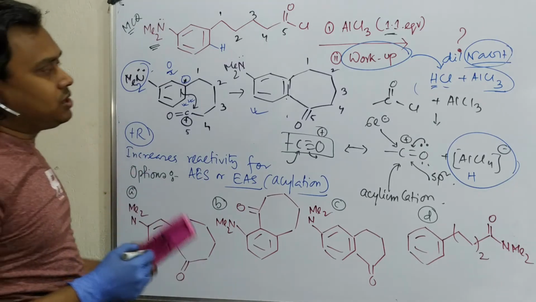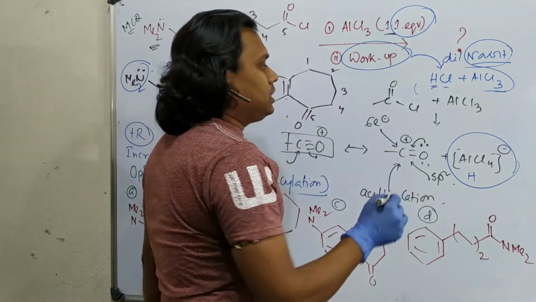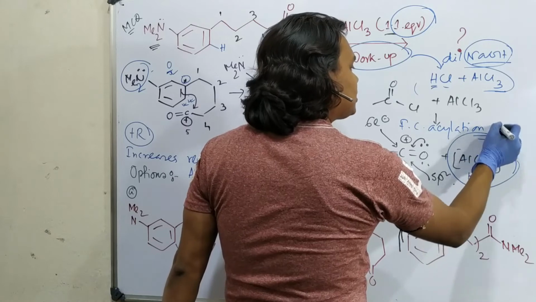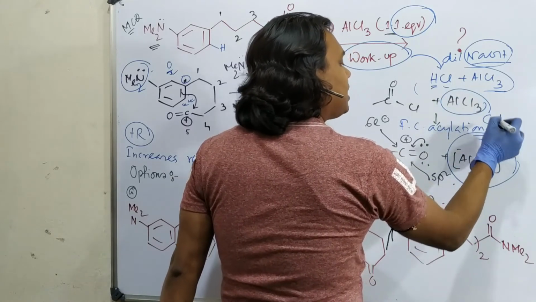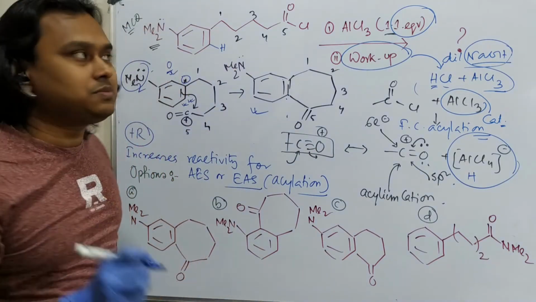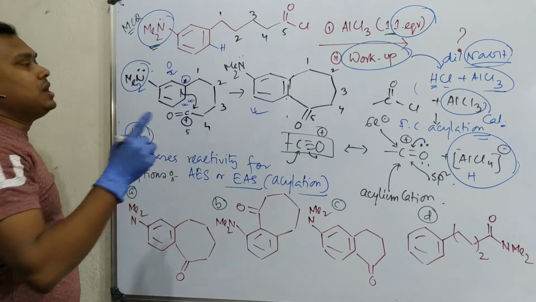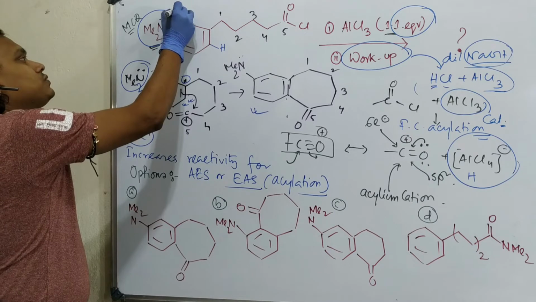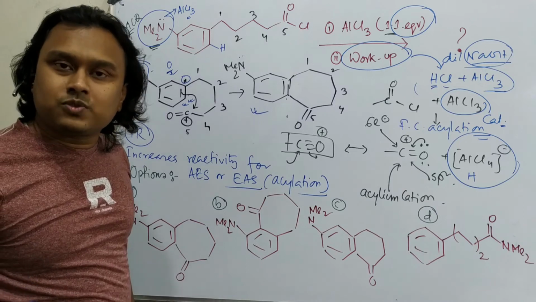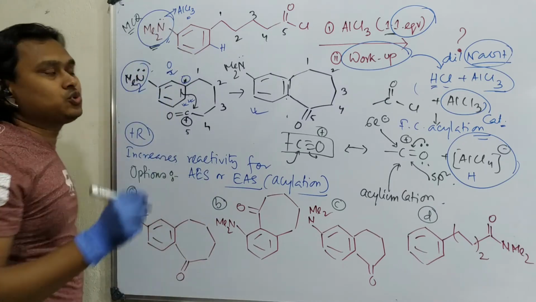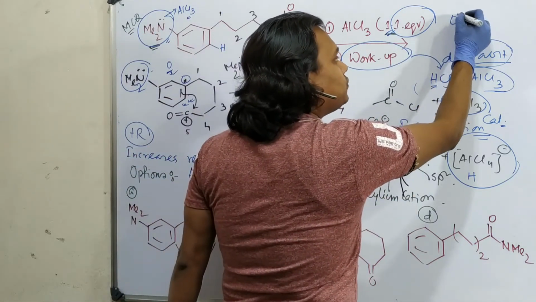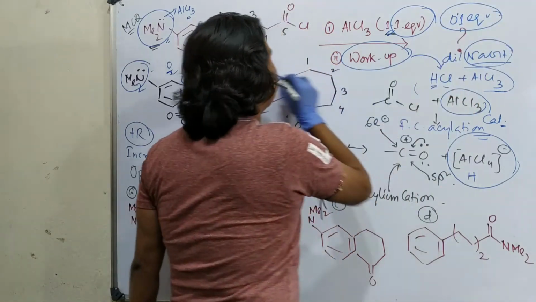Now second important question, why 1.1 equivalent? Actually, for this Friedel-Crafts acylation reaction, we need AlCl3 only in catalytic amount, because it's regenerated. Fine. Then why do we need this 1:1 equivalent? That is because in the reaction there is one NMe2, and there is a chance that this NMe2 can coordinate with the AlCl3. AlCl3 is a Lewis acid, a 6 electron species in its outermost valence shell, so nitrogen can donate and form a 1:1 adduct. Then this 1 equivalent is consumed, so what is left? Left is 0.1 equivalent, and that is actually acting as a catalyst for this substitution.